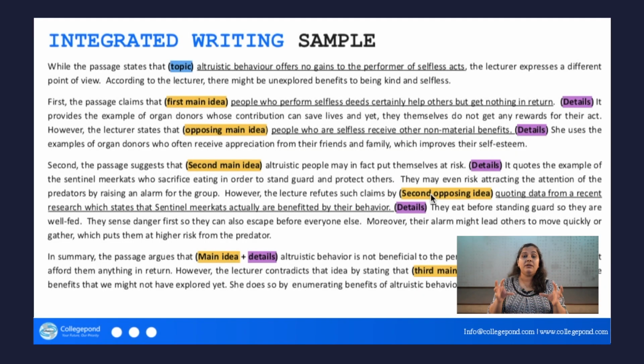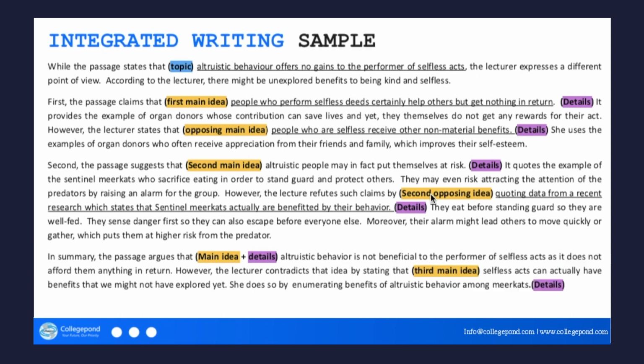Finally, you have to sum it up as well. What kind of a summary can you write? Most of the times, the summary is the easiest part to write because you have now gone through the whole essay, you know what the points are, right? Let's follow a very simple structure. You can use markers like in summary, the passage argues that XYZ. So this template, remember, applies to all your passages. In this case, you write the main idea plus details in this particular way.